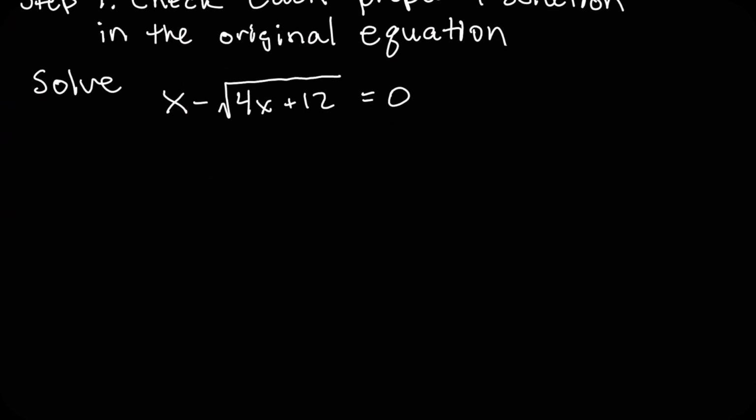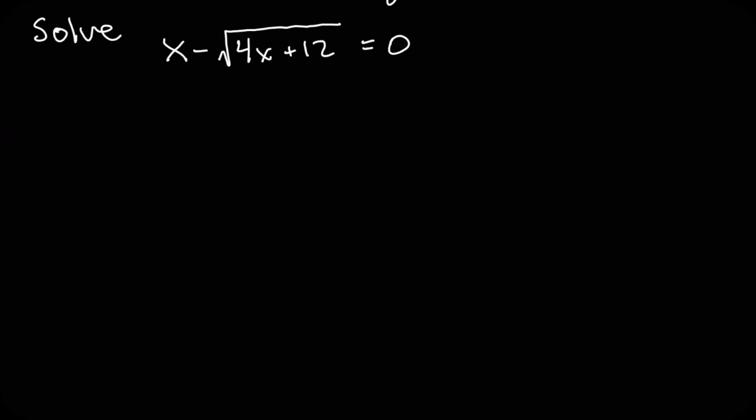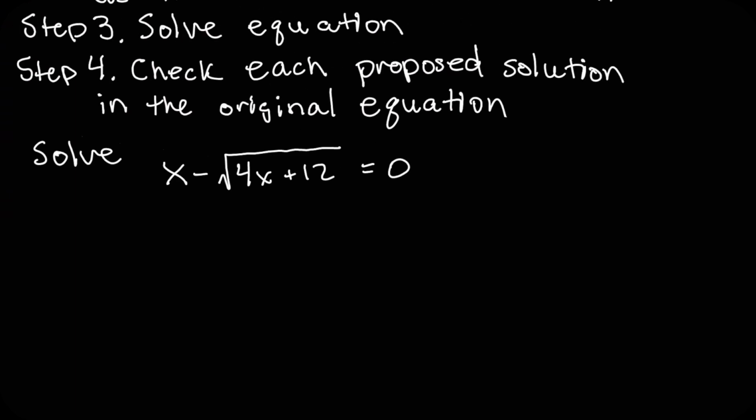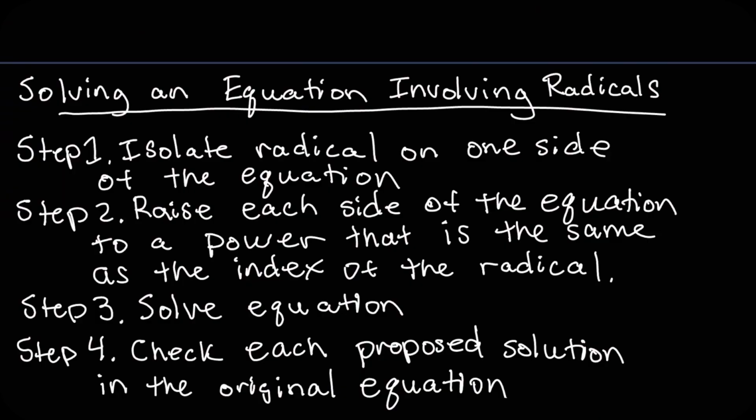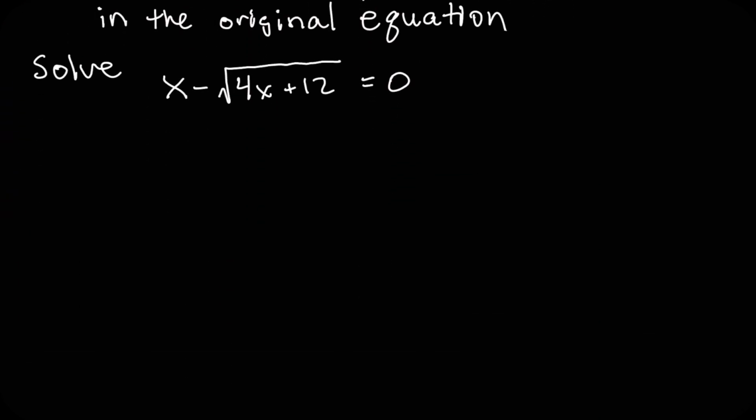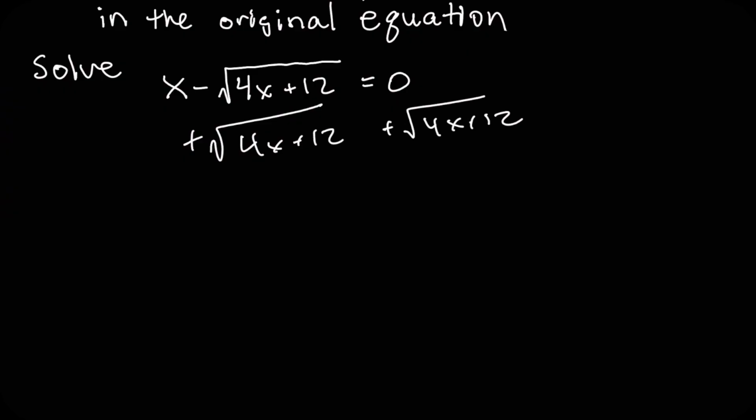So with our equation here, we want to solve x minus the square root of 4x plus 12, and that's all equal to 0. So first step, we want to isolate the radical on one side of our equation. So let's go ahead and isolate our radical. In order to do that, we can go ahead and add this square root of 4x plus 12 over to the right hand side. Okay, so we are left with x is equal to the square root of 4x plus 12,